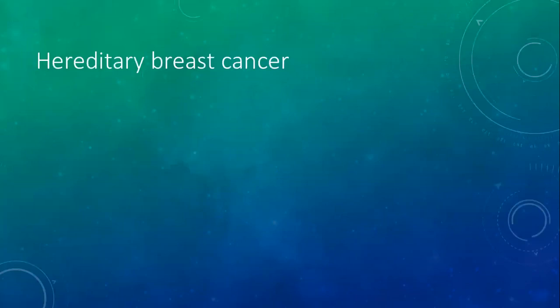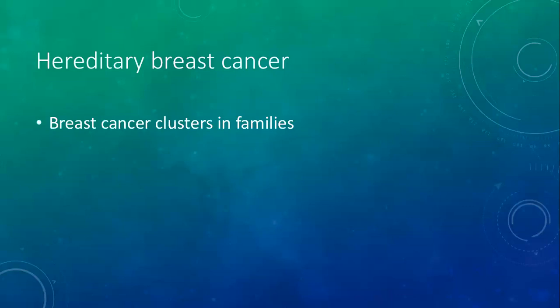Now, hereditary breast cancer is actually pretty rare. Most breast cancers are actually sporadic, which means that they just occur randomly, isolated cases. But in some cases, in some families, you find a clustering of breast cancer cases. So there will be multiple members of this family that have breast cancer or ovarian cancer in different generations or in the same generation. And this can also be male cases of breast cancer or prostate cancer and other types of cancer, but breast cancer is sort of the most dominant one.